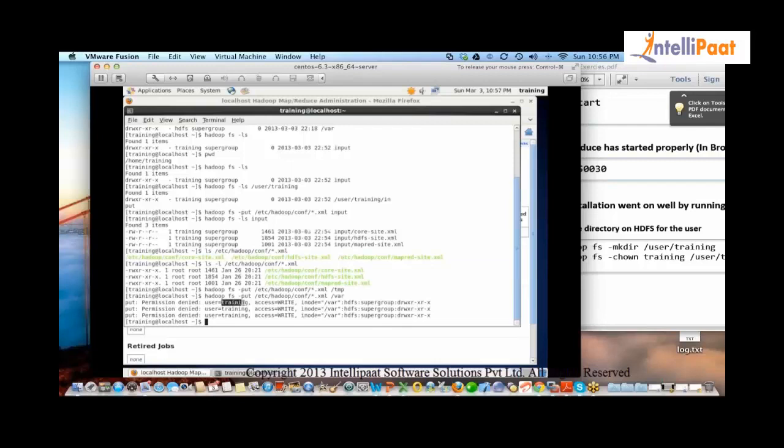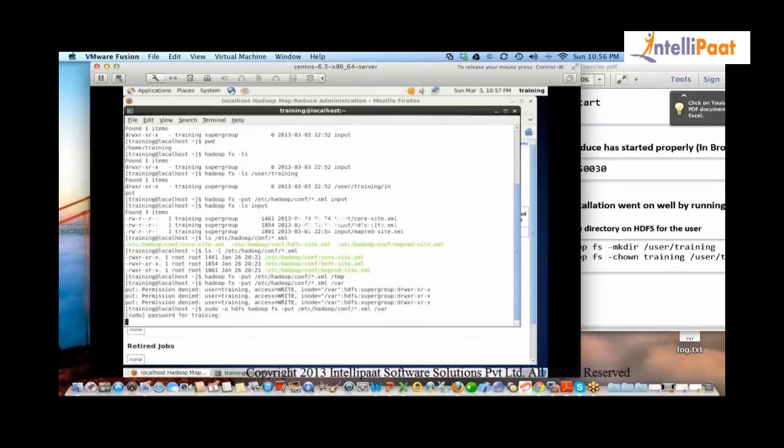Because you are user training and you don't have write access there. Clear? If I take the same thing and do sudo -u hdfs, this will work. What I'm trying to say is, as user training, you have certain authority inside the user training folder, not outside that.